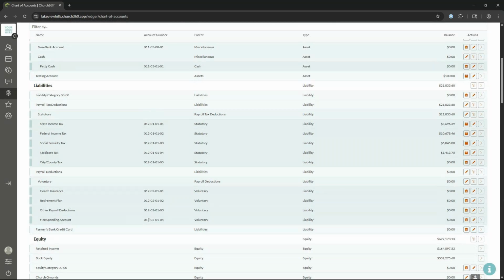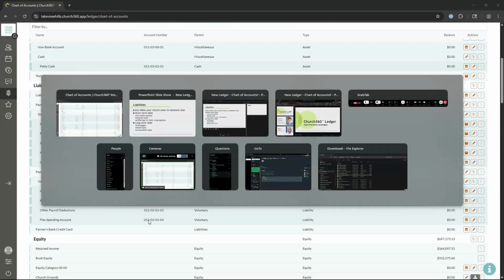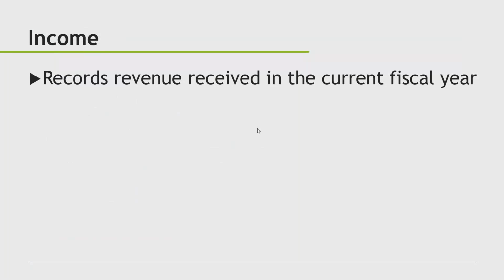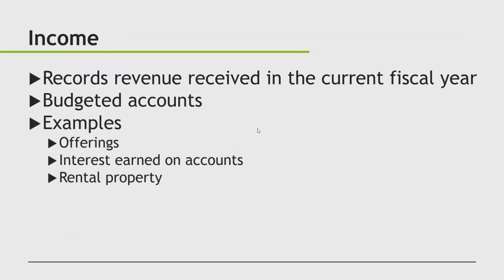All right, so that's liabilities. Let's go ahead and move on to talk about income. We're going to skip over equity for now, but we will come back to that. So what is income for? Well, income records revenue received in the current fiscal year. These are budgeted accounts. You would be able to budget these accounts. Some examples of income might be your offerings, interest earned on accounts, rental property,